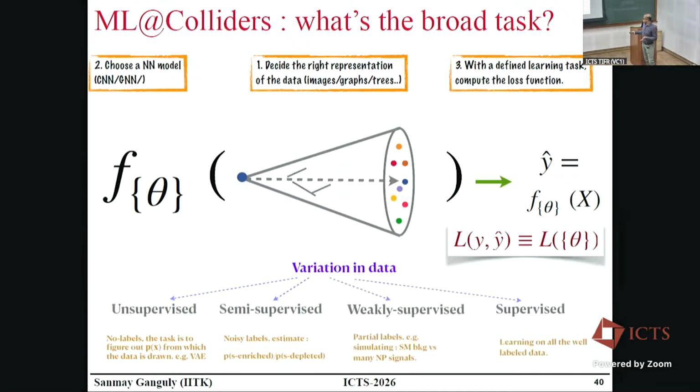And then depending on the final downstream task which we want to solve, we have to fix what we are trying to do, whether unsupervised learning, where no truth labels are possible, then semi-supervised and weakly supervised learning, where the labels are there but we don't trust them accurately, or supervised learning, where we trust our label data. Then there can be something called self-supervised learning, where we want to learn a probability distribution directly from measurement on the data itself. We will come back and see that we have applications of all such classes of machine learning techniques. So if you don't know the words, hold your horses. I will explain each and every one of the terms.